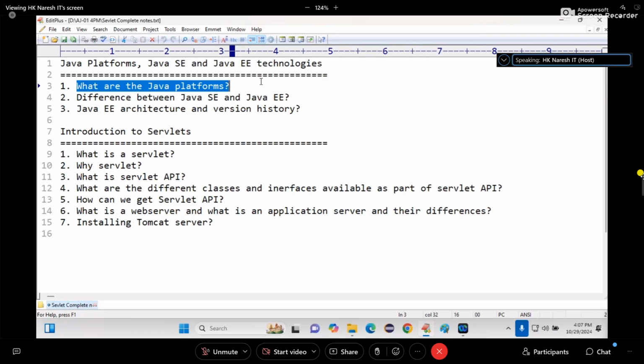And what is a technology? An API that allows us to write a program to connect to other applications or other software easily with fewer steps is called what? Technology. According to the dictionary, the meaning of technology is something that makes a simple thing more simple. Something that makes a simple thing more simple is called what? Technology.